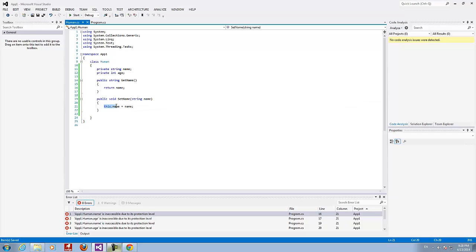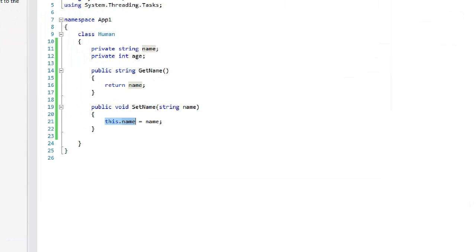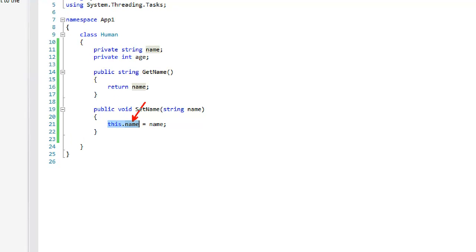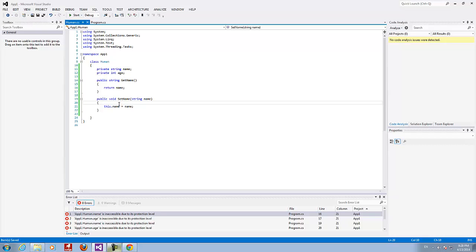And what we say here is, listen, when I say this.name, I mean this field. And this name is actually the local variable. So now it makes sense. I just introduced another term, which is the keyword this. The this is a reference to the instance, to the object itself. This is what this means.